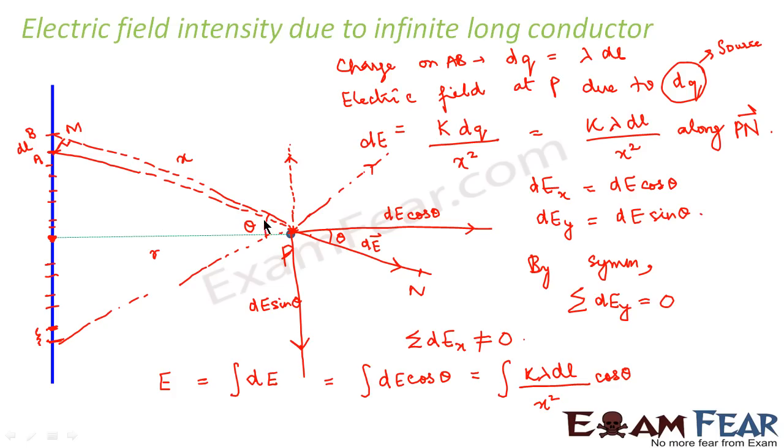Also let me tell you, this angle is theta, right? If you consider the triangle, let us say this is O. In the triangle OBP, this is 90 degrees, this is theta. So what will be this angle OBP? Angle OBP will be nothing but 90 minus theta, right? Because in a triangle, the sum of the three angles is 180 degrees. Now one angle is 90 degrees, the other angle is theta. So this angle will be equal to 90 minus theta, right? Now let us draw this triangle AMB separately so that you can understand it more clearly.